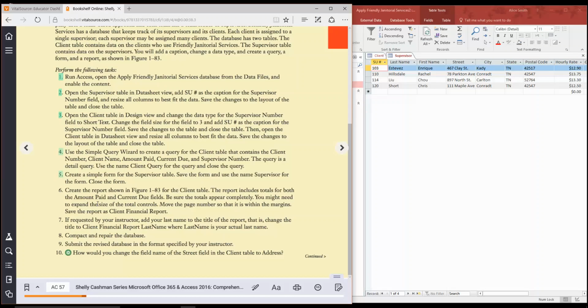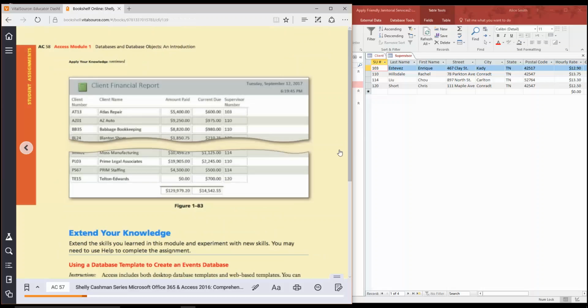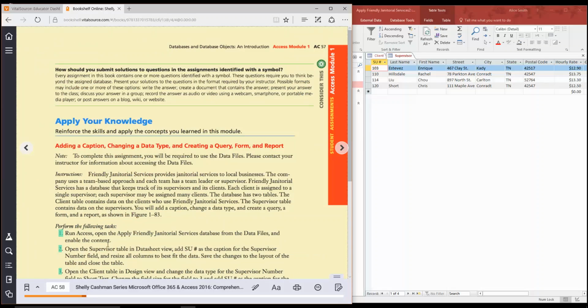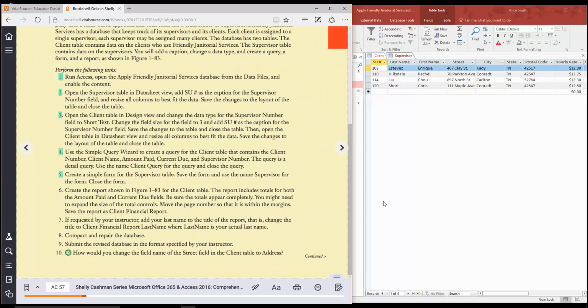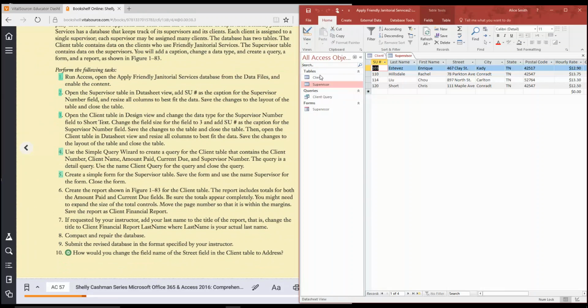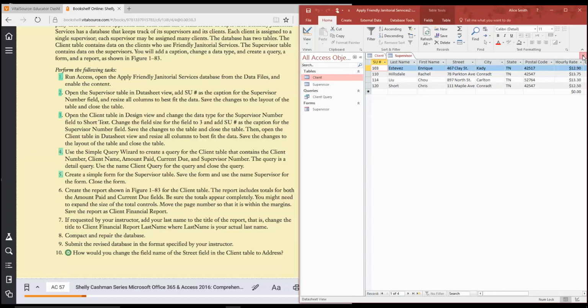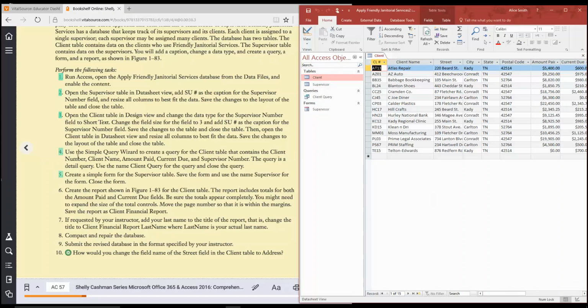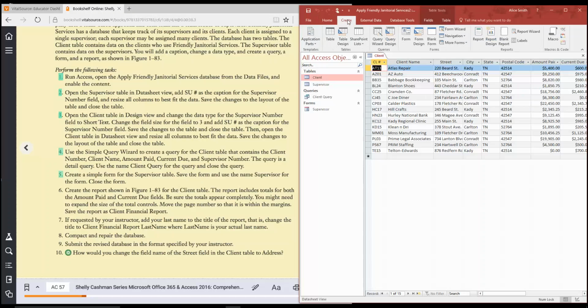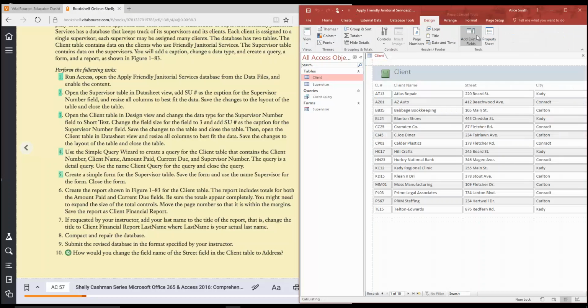Number 6, create the report shown in figure 1-83, which is that one, for the client table. Okay, so we need to open the client table and close that one there. For the client table, the report includes totals for both the amount paid and the current due fields. Okay, so create report,